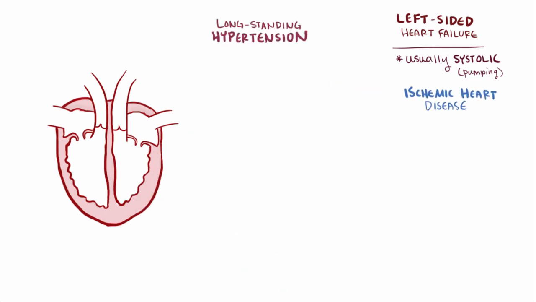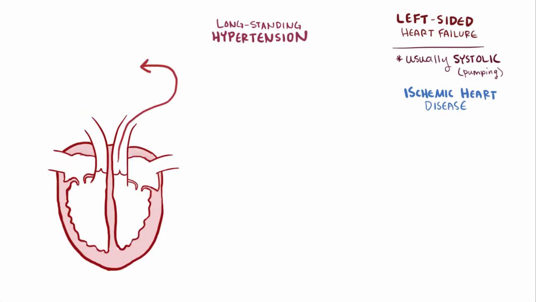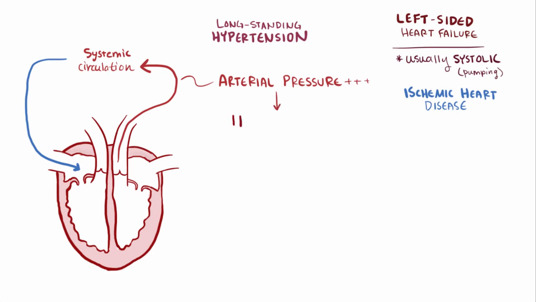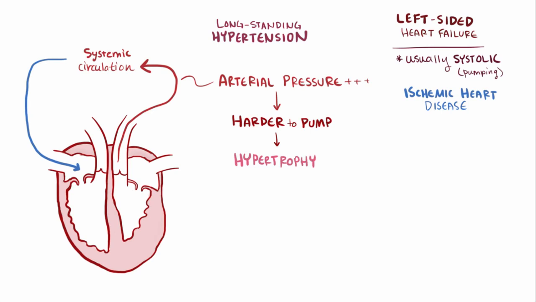Long-standing hypertension is another common cause of heart failure. This is because as arterial pressure increases in the systemic circulation, it gets harder for the left ventricle to pump blood out into that hypertensive systemic circulation. To compensate, the left ventricle actually bulks up, and its muscles hypertrophy, or grow, so that the ventricle can contract